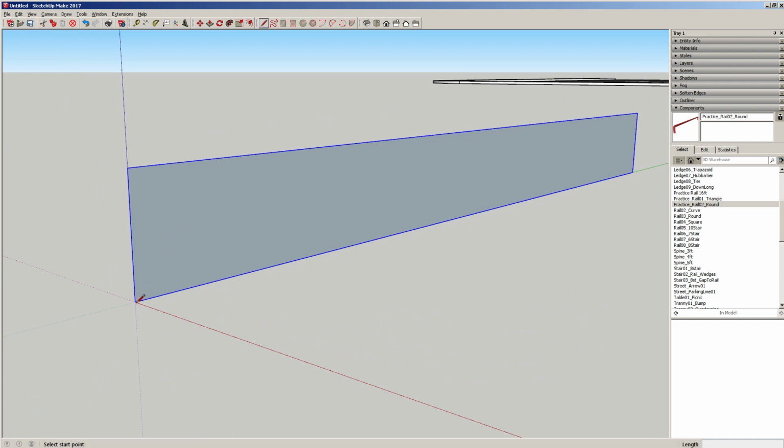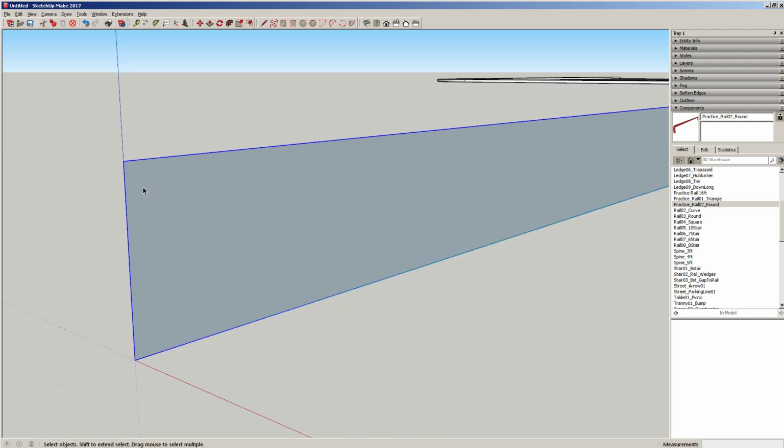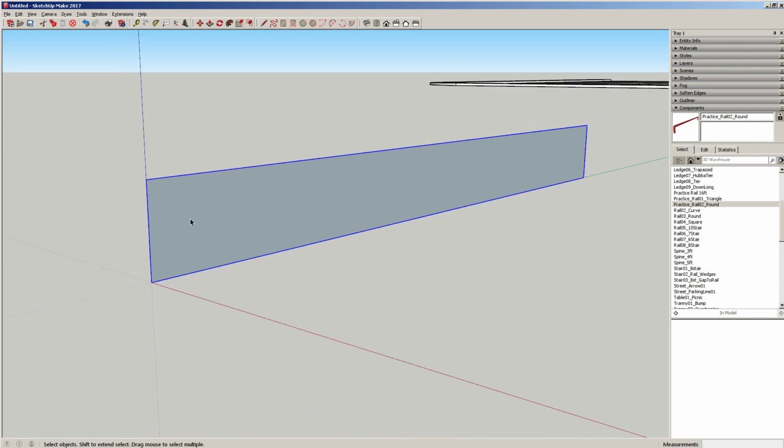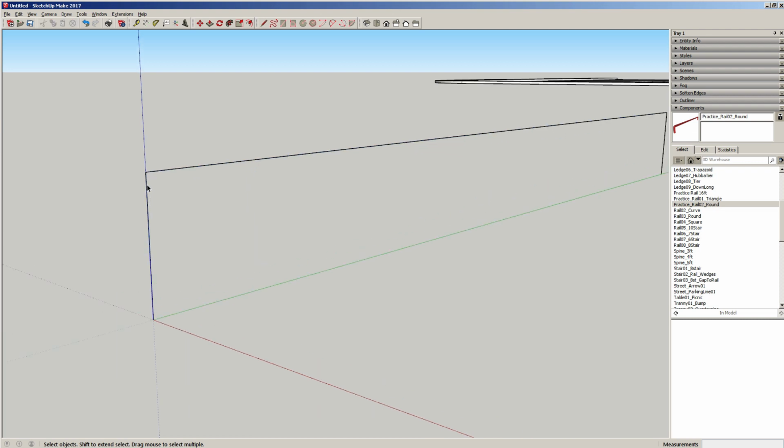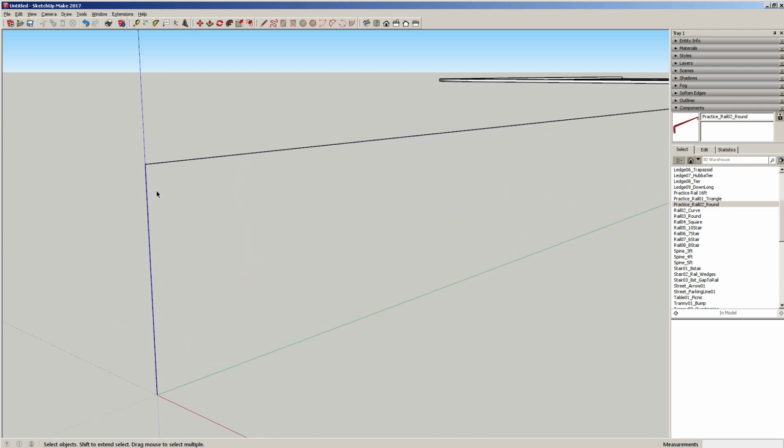So again, you're going to do line, and you're going to click, and this will be the front of your rail. Click at the top, bottom, right? Of course, we could have done that without a canvas, but I like you to know that I prefer to sketch out my shape. Now we're going to do A for